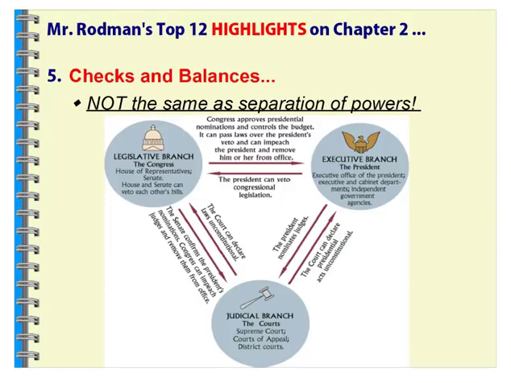The first one we'll take a look at, the very top there, is the legislative branch checking the executive branch. They can approve presidential nominations. They have the power of the purse, or the ability to control the budget. They can also pass laws over the president's veto, and they can override that veto. They can also impeach a president or a vice president and remove them from office if so need be. And that's the power the legislative branch has to keep the executive branch in check.